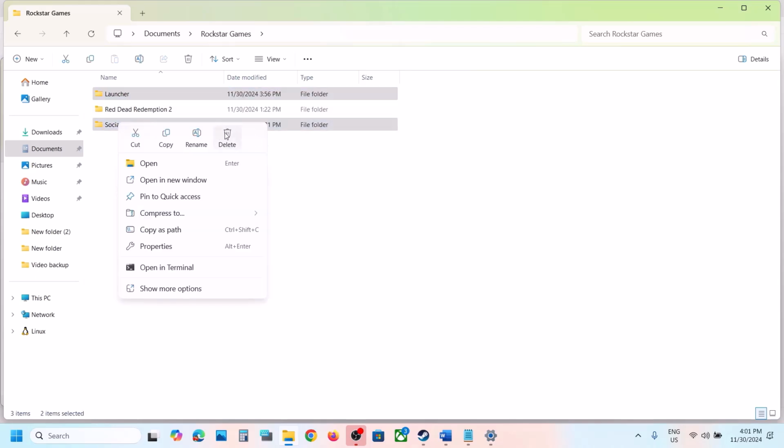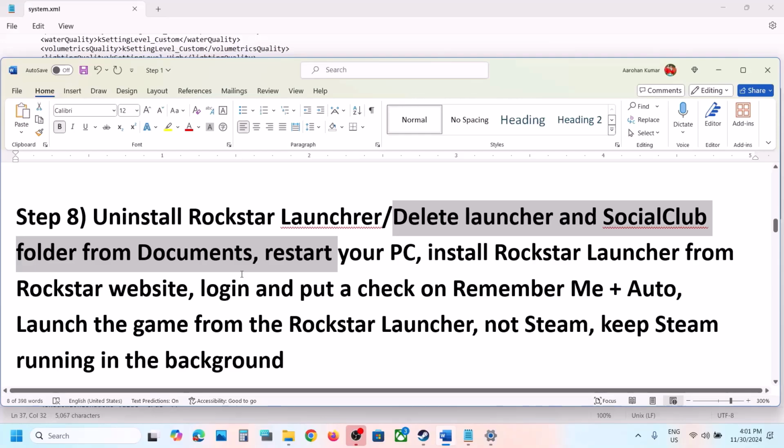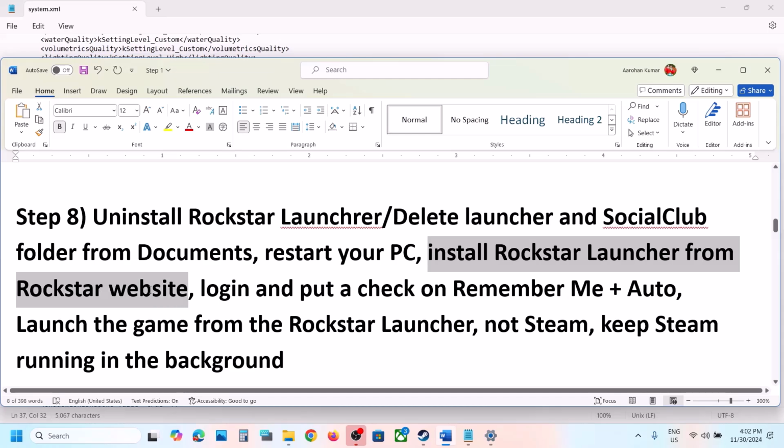Make a right click, delete it. If you want to create a backup, you can copy this file and save it to the desktop. Once you have a backup, you can delete it. Once it is deleted, now restart your computer, and after the system restarts, you can install Rockstar Launcher from Rockstar